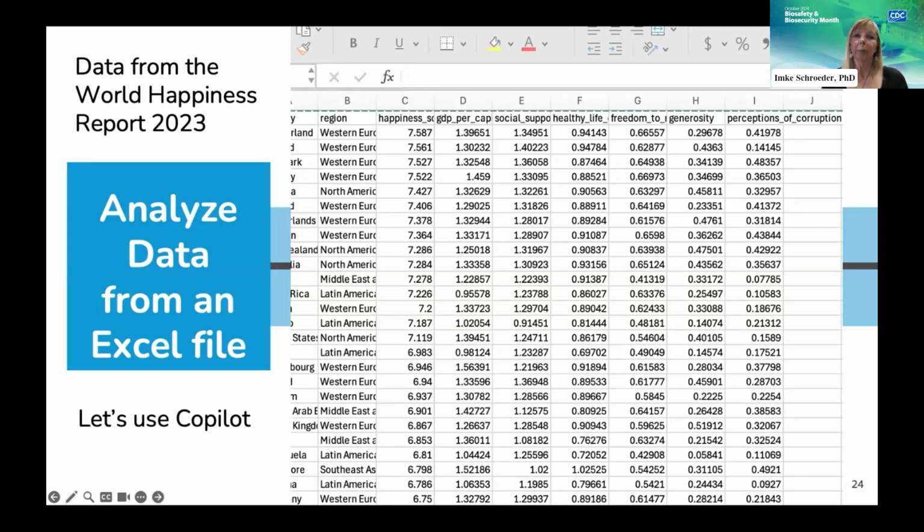And it was pretty hard looking for Excel files on the internet with data in it. So I found data on refugee camps that were pretty depressing. So I settled on data from the World Happiness Report 2023.